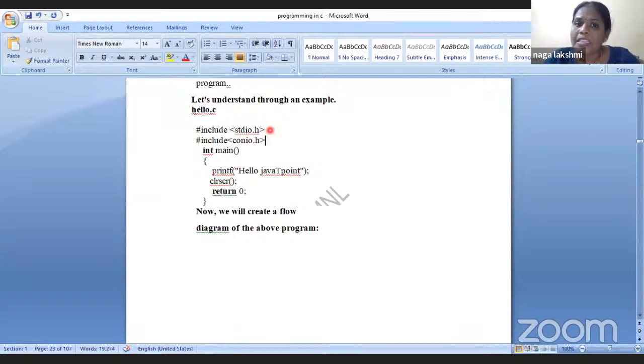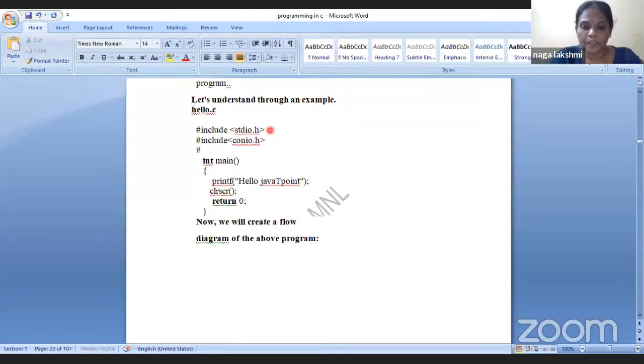Yes, ma'am. Suppose I am using a mathematical function, then I can use #include <math.h>. If it is any mathematical function, math.h. Whatever powers, square roots or cube roots you want to compute, all of those are defined under this mathematical header file. So if I want to use anything, I include it. This is all about the Turbo C compiler.